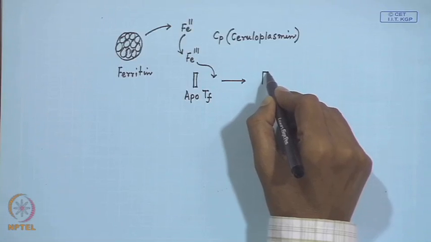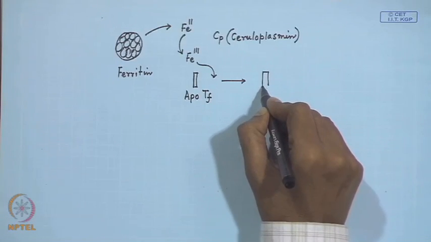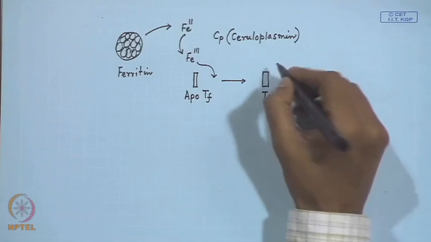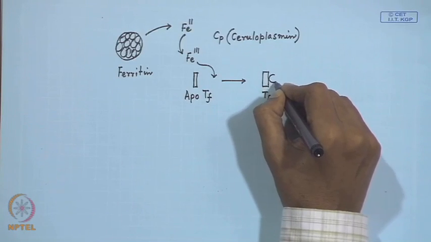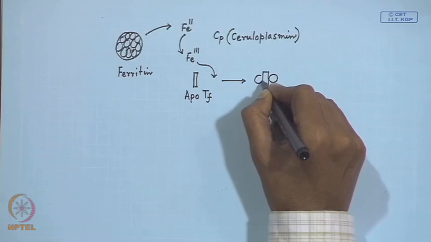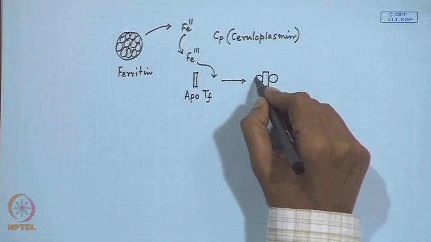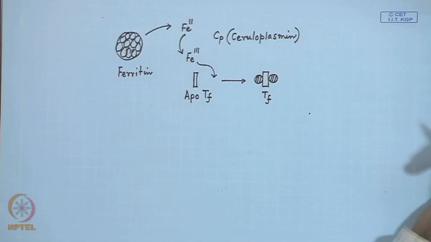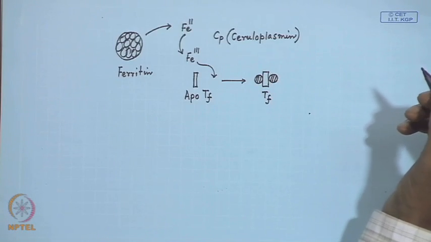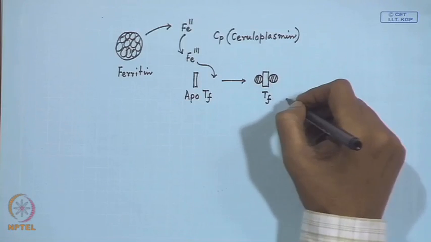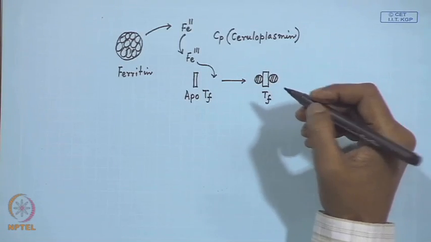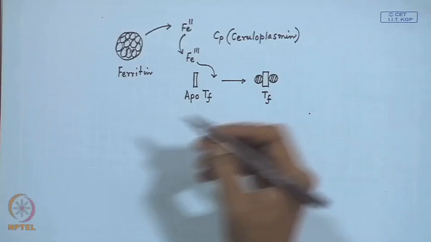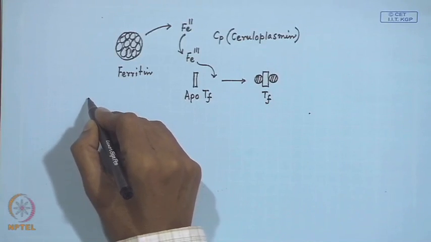it is transferring from apotransferrin to iron loaded transferrin molecule, and you have two such pockets, what we just discussed, for this iron site for transferrin molecule. So, you get that, and when this particular thing is forming, the accumulation of this particular iron site within the apotransferrin is further stabilized by a system where